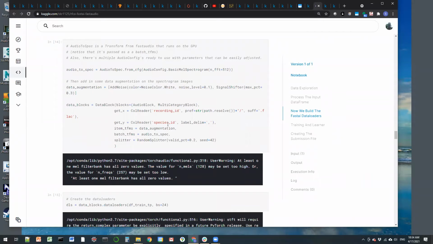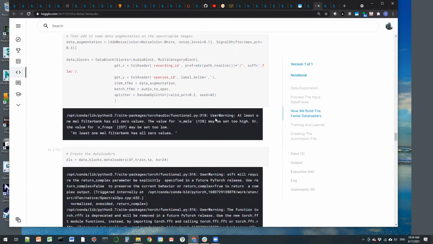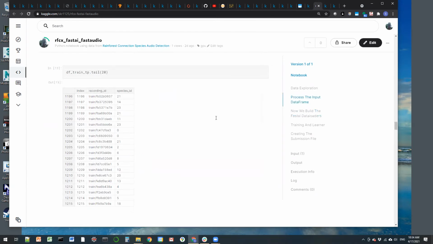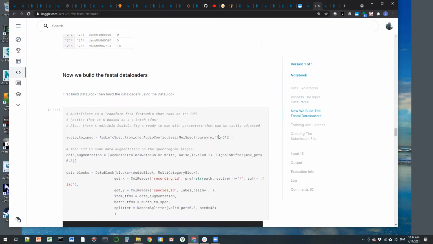So you could potentially, I think, do that in the other notebook as a batch transform as well, because it uses FastAI. But I thought that was cool. The two different things this notebook does is, one, it shows, hey, I can just throw in augmentation. Second, I can throw in batch transforms to get my spectrograms. The rest of it is very identical to the other one, but because, and this is my guess, of this